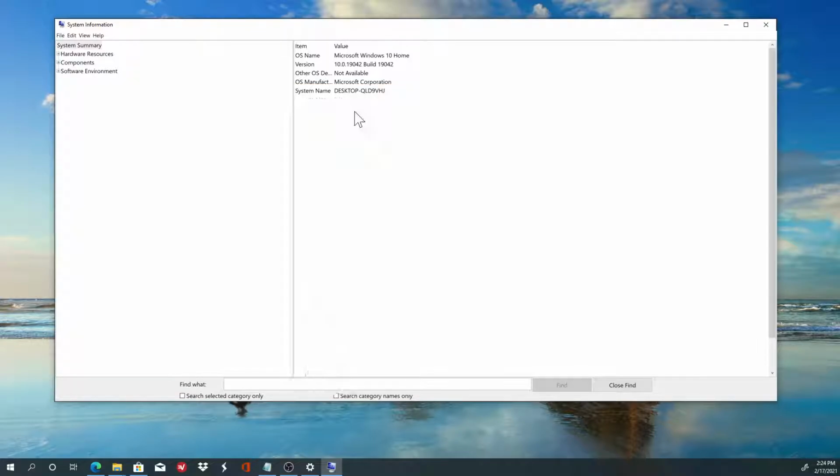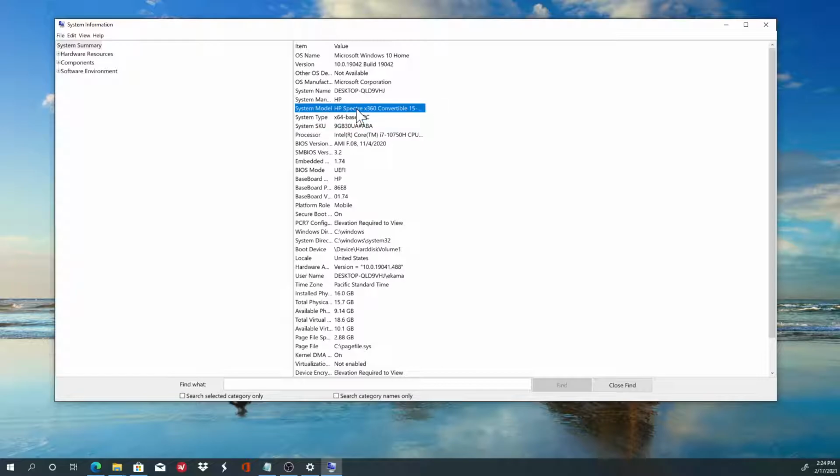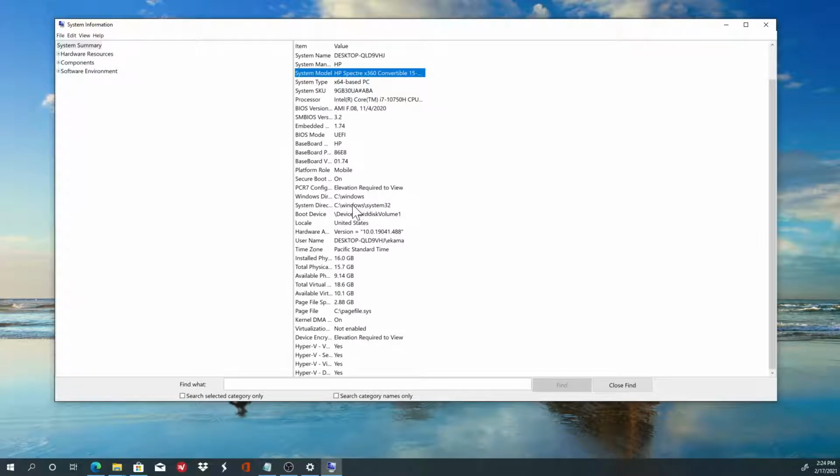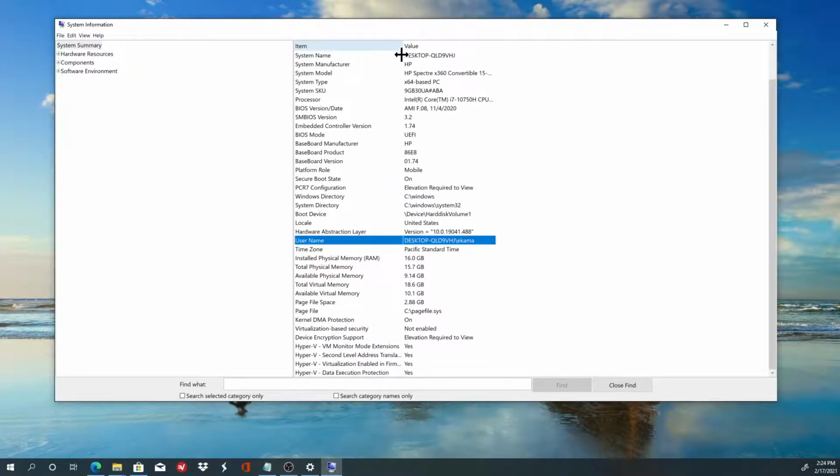You're gonna see 64 bits. You're gonna see the system model. If you scroll down, you're gonna see where Windows has been installed. You're gonna see the username, installed RAM, installed physical RAM, total physical RAM, available RAM, total virtual memory,